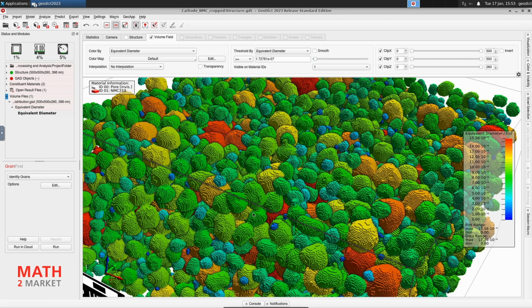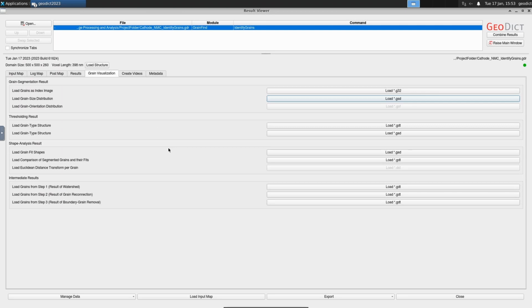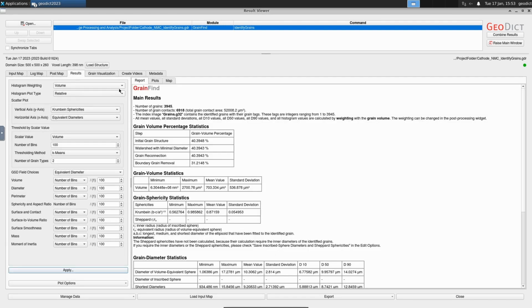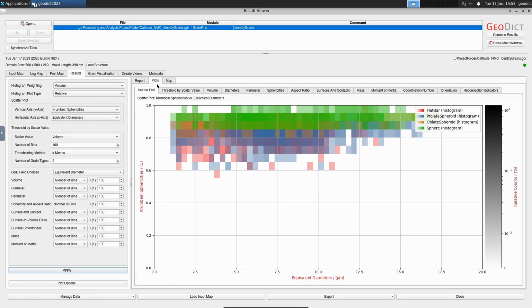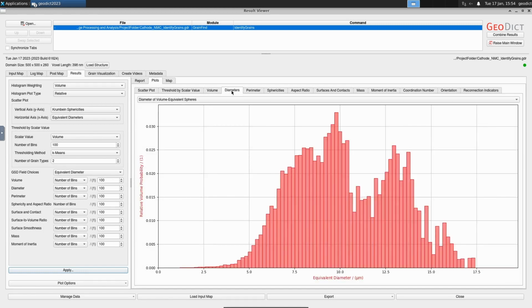Now switch again back to the results viewer. Now finally we want to have a look at the plots in the results viewer. For this, switch to the Results tab. Then, under the Results tab, select the Plots tab. In there you get a lot of plots, clearly too many to explain them all now. Therefore, we only want to have a look at the diameters plot. So select Diameters under all the Plots tabs to switch to the Diameters plot.